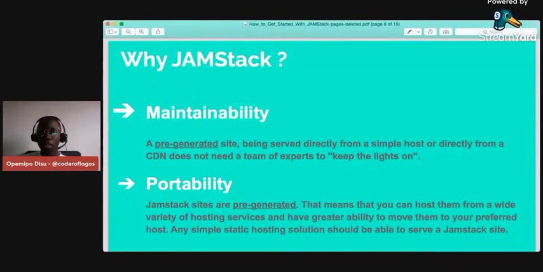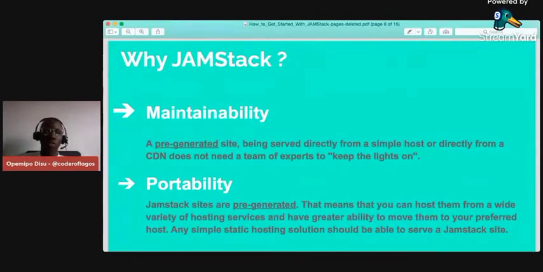Maintainability. I think this is the last part of why Jamstack. People really want to maintain their websites and their web applications. Everything on the web is based on maintenance.